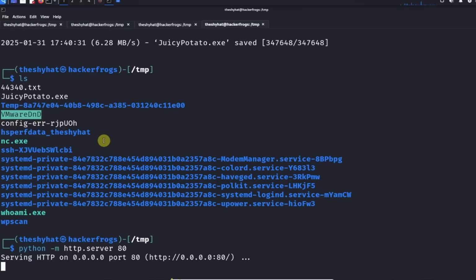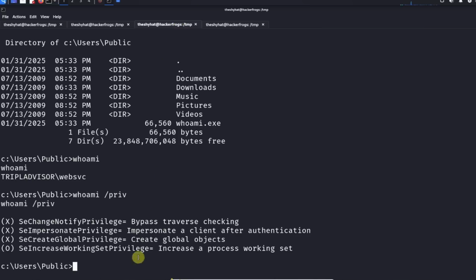You'll know that you can use a potato exploit, or some sort of exploit, if your user has the SeImpersonate privilege over here. So you can use this command whoami /priv, and if you see that you have SeImpersonate privilege active, then you can usually use a potato exploit to gain privilege escalation on a Windows target, especially if it's an older version of Windows. It's less likely on a newer version of Windows, but on older versions it works,